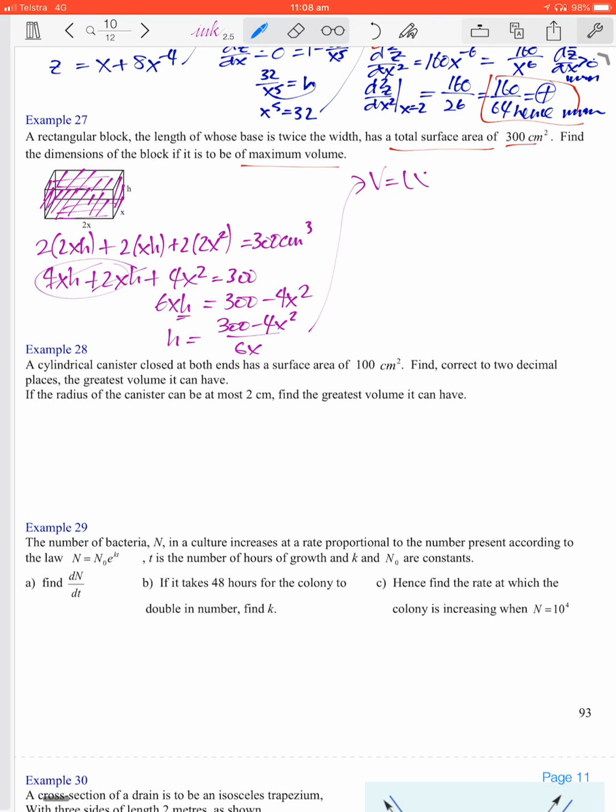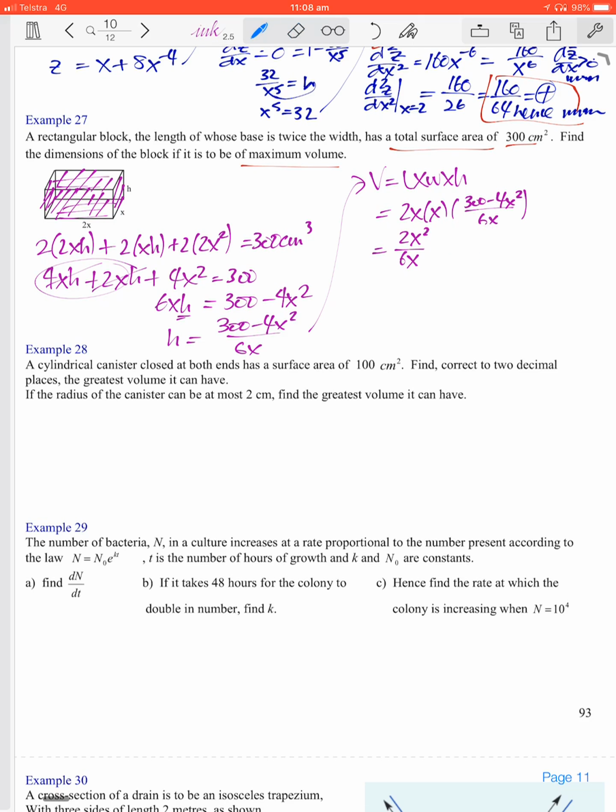Our volume is length times width times height, which in this case is 2x times x times h, which we know h is 300 minus 4x squared on 6x. So I'm going to change this to be 2x squared over 6x, and then inside we've got